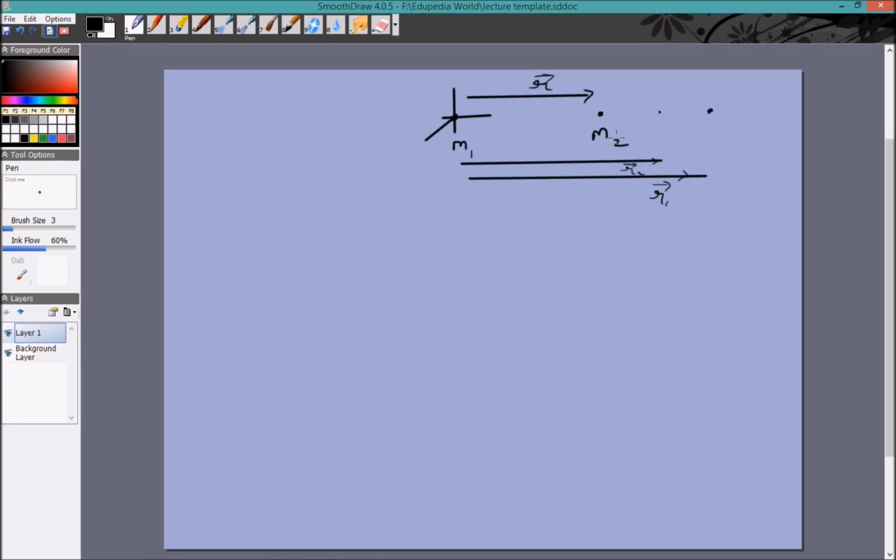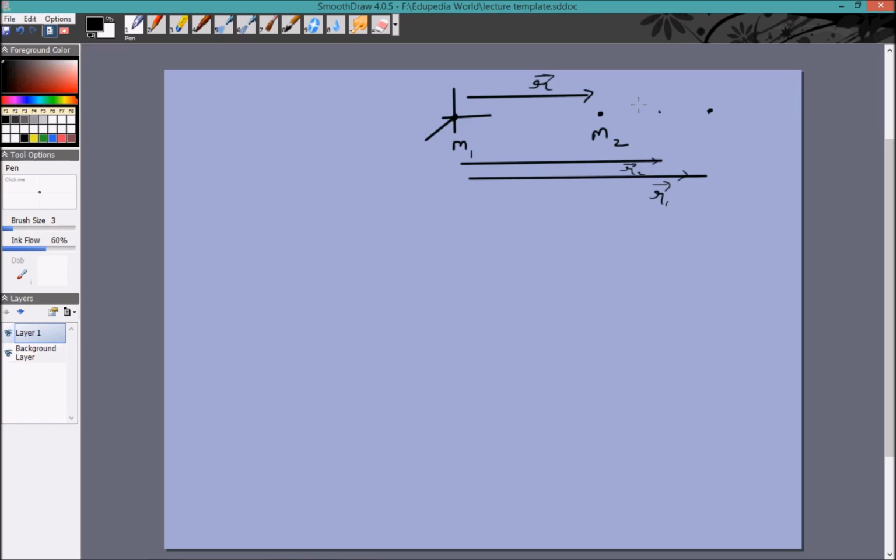So we are taking m2 from r1 to r2, and we want to find out the difference in potential energy at r1 and r2, because remember we talked about potential energy earlier and we saw that potential energy does not ever have a particular value of 0. We are free to choose 0 anywhere, and the only thing that is constant is the potential energy difference